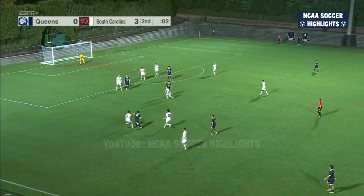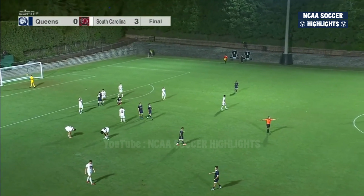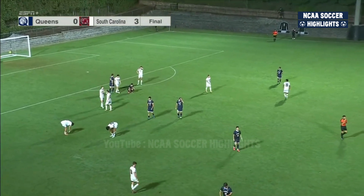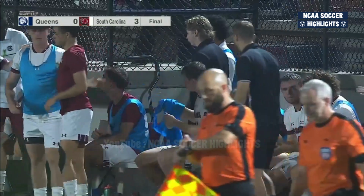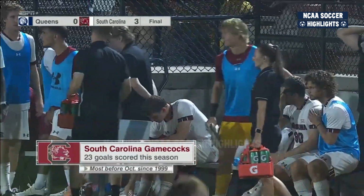From Ethan Ballack, seal the deal. A 3-score win for South Carolina and their 3rd ever meeting against Queens. And the Gamecocks will wrap up non-conference play in 2024 with a win, and they also take another